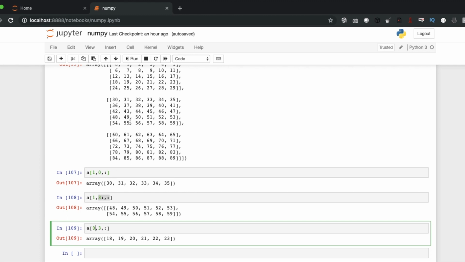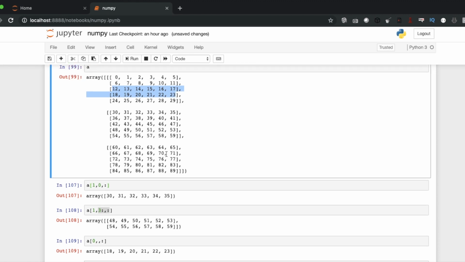What I need, this is also 2 dimensions, so I need 1 get item call. So this is 0. Then I need this first. Let me print this one.